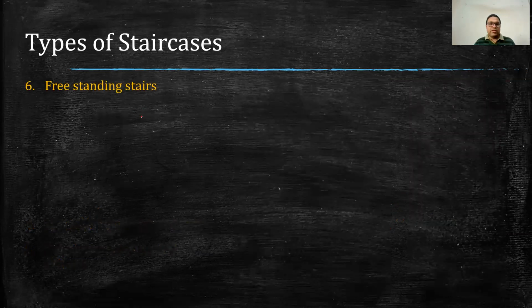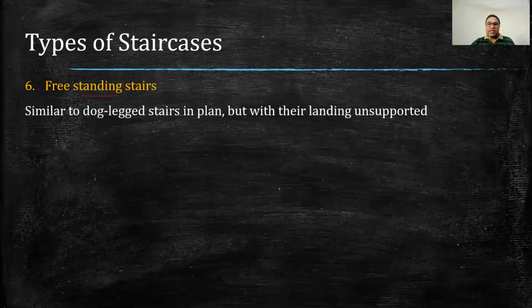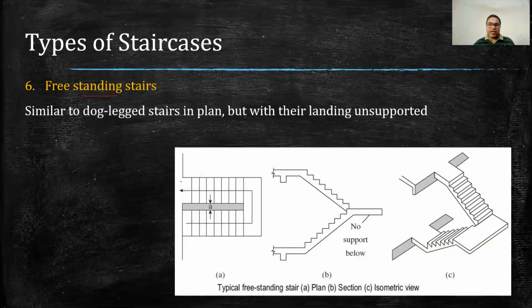Now, besides this, I will discuss a very different staircase, which is called the freestanding staircase. This freestanding staircase looks like a dog-leg staircase, but the connection design in this case is different. In a dog-leg staircase, we connect the staircase on both hands. But in a freestanding staircase, you can see in the 3D that we have connected this staircase from this end and from this end.